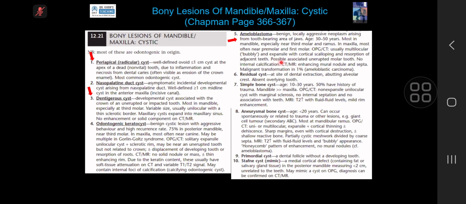You see this? What is written here? Possible associated unerupted molar tooth. But the candidate did well. That usually the site is mandible, and then bubbly appearance, so a multilocular cyst, and there will be a soft tissue component. One thing is that on this paranasal sinus CT,